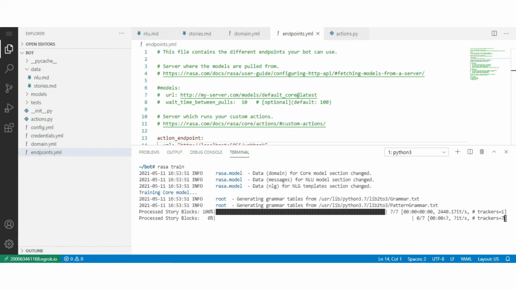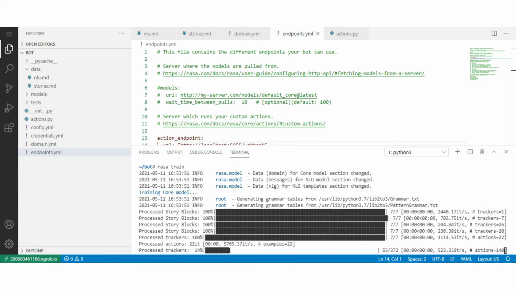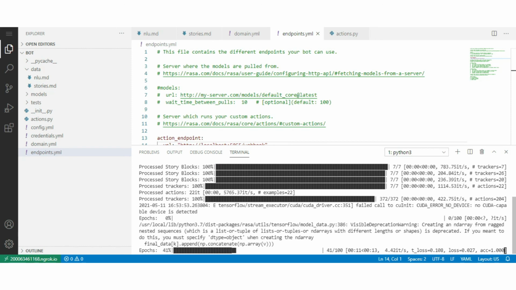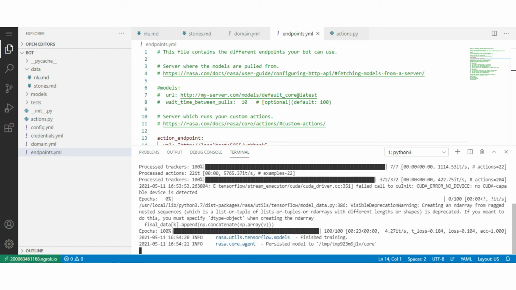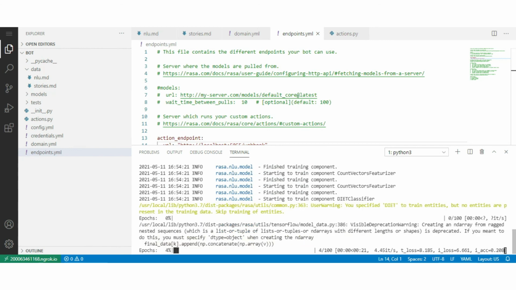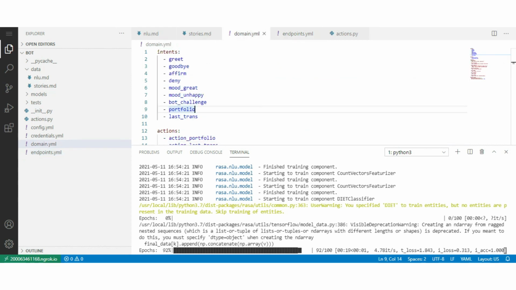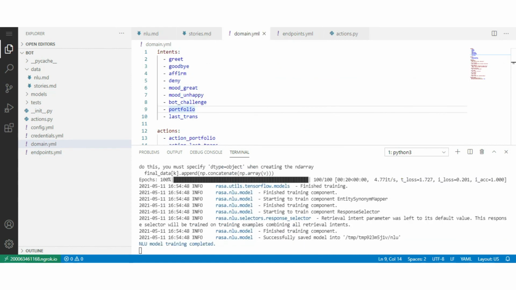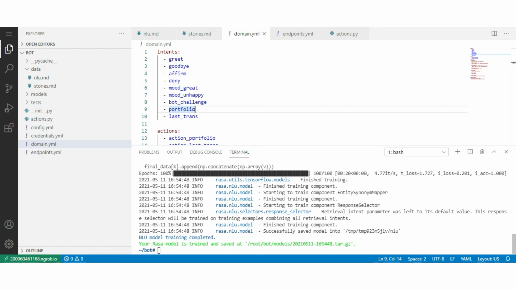Wait for a moment to train it. Now our training is completed. Let's test our chatbot.